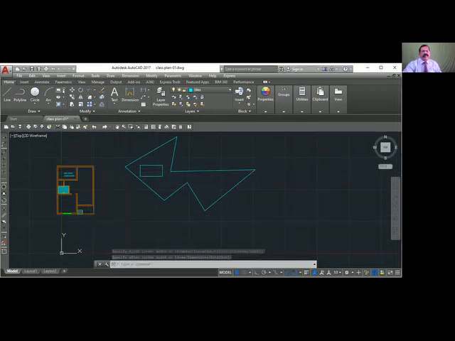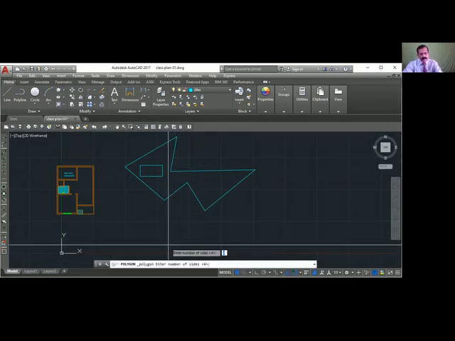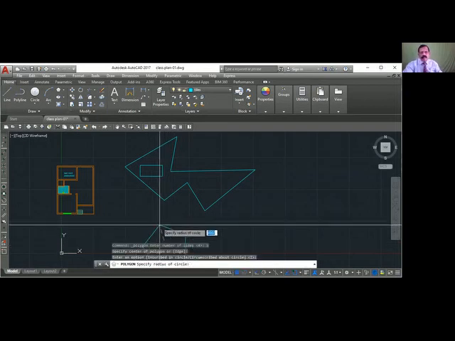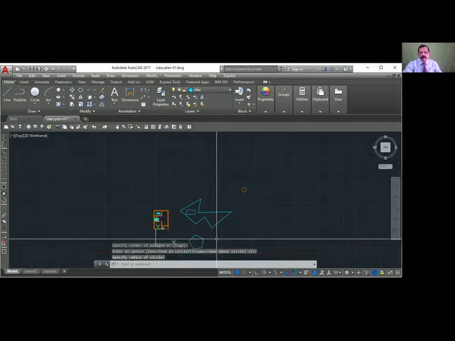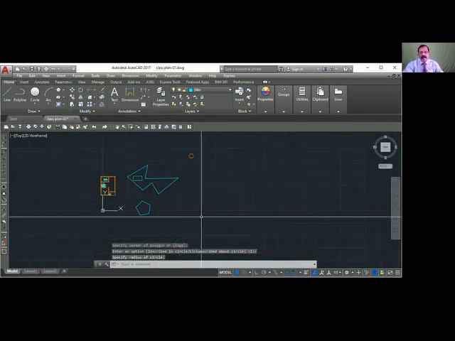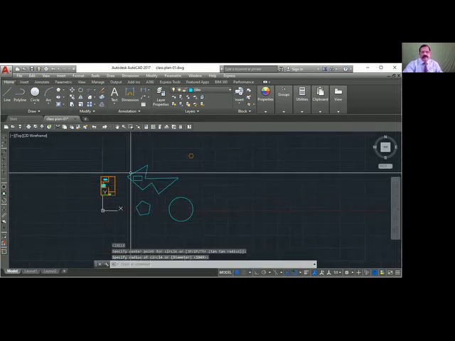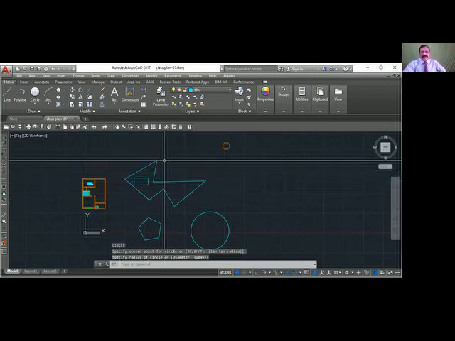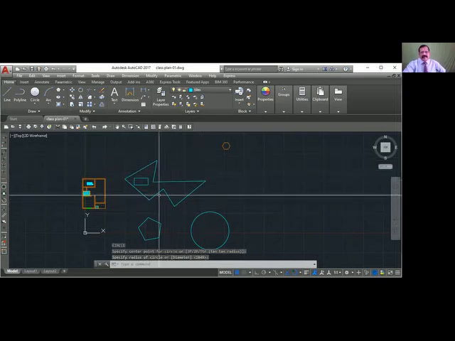I have a polygon, a circle. Okay. Now we are going to learn how to calculate area. How to find the area of this object.